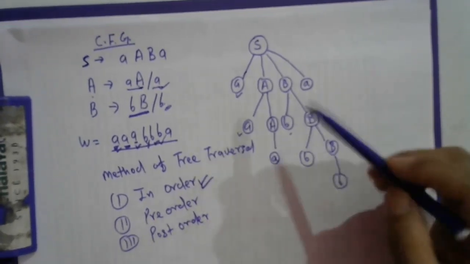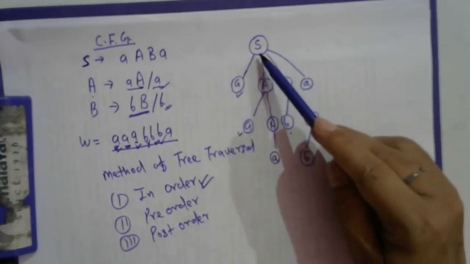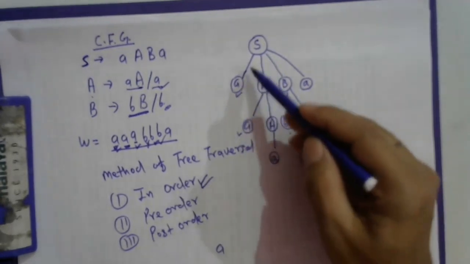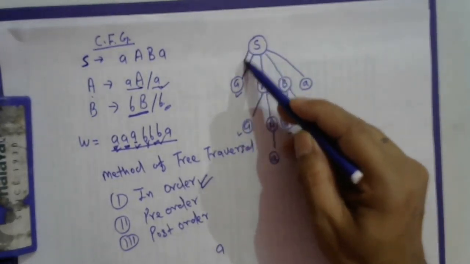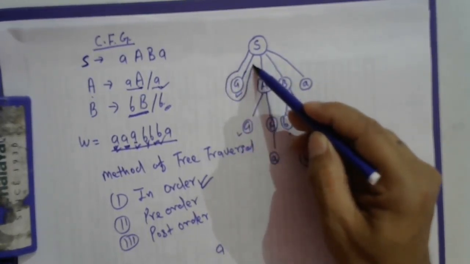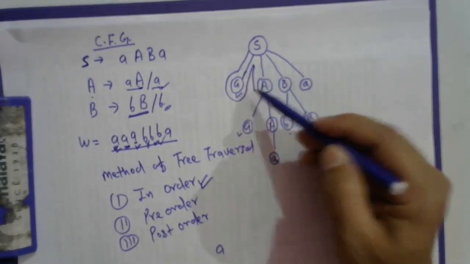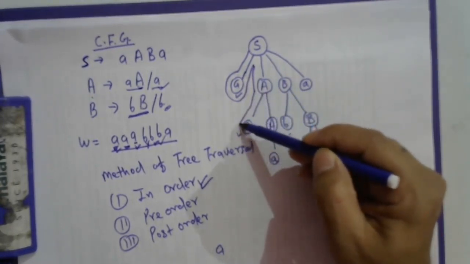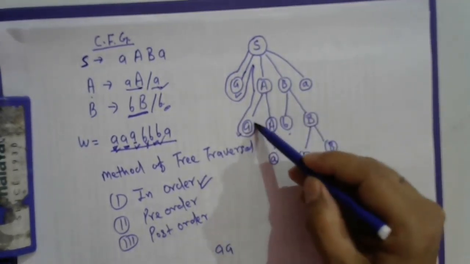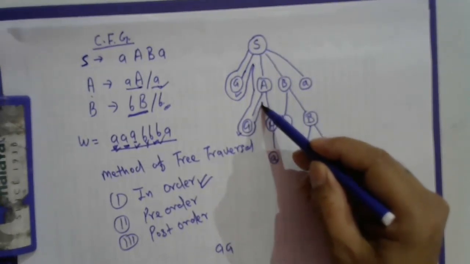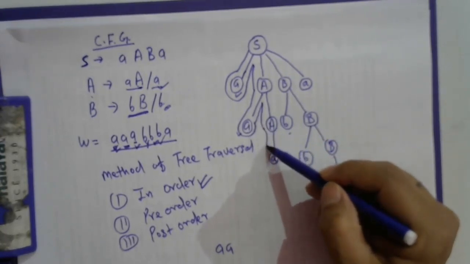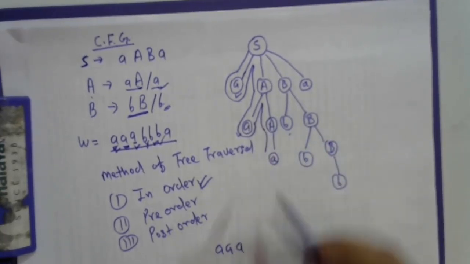According to in-order, we start from the root node and go first to the left. Left is A, so we get A first here. Then read this node A. Then I can move to the root node. Then there is the second node, but again there is a left node. Left node is A. Now I write this A here. Again you can move to the root node. But there is again a second node A, an intermediate internal node. Again they have a leaf node A. Again we are writing an A.